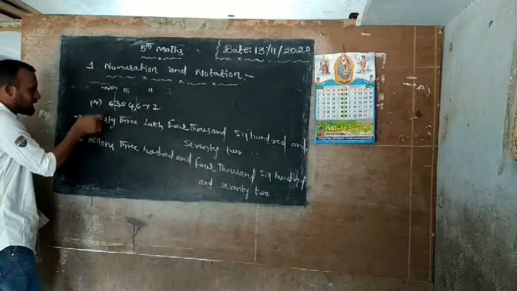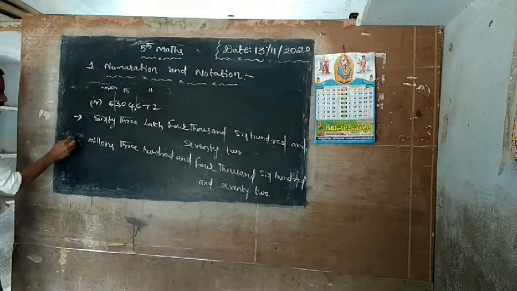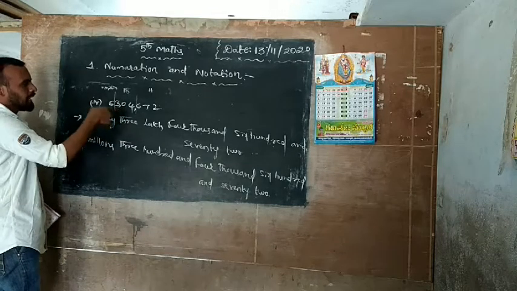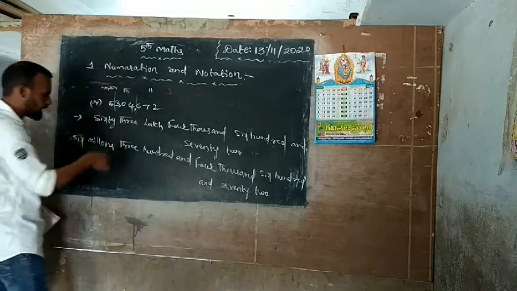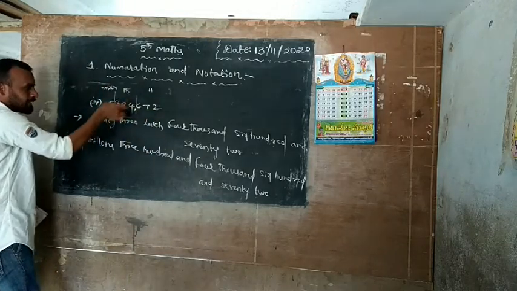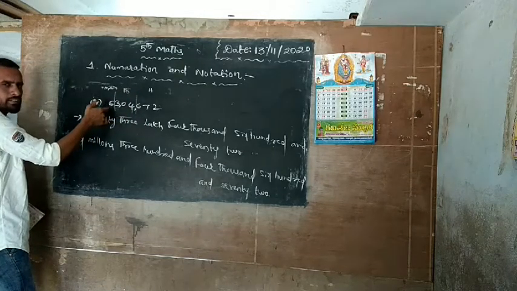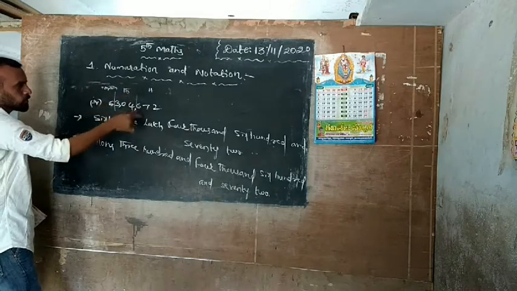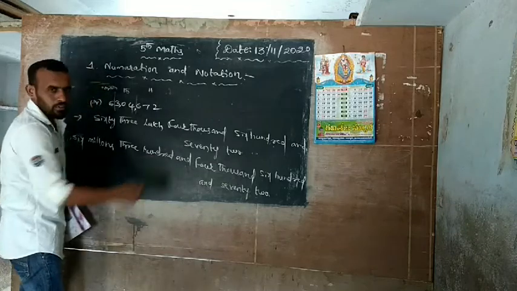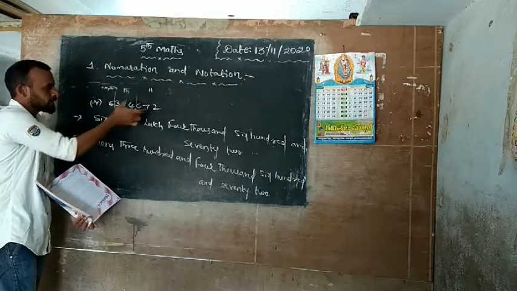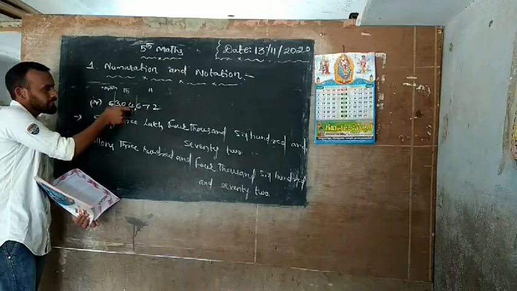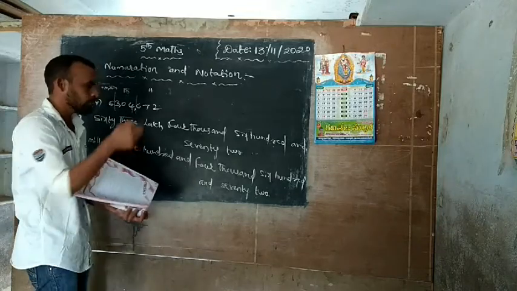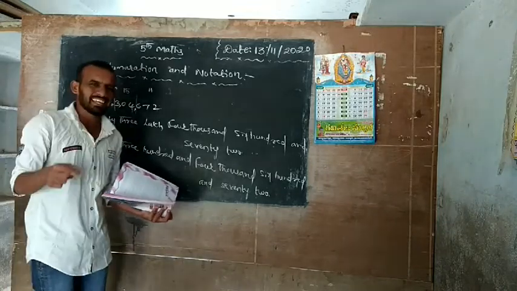Understood now? So this is the Indian system. 6 means you write 6, S-I-X. So this is the Indian system, 63,04,672. Now you write the international system: you take the 300s, and these 3 places thousands, remaining this 7th place, you take millions place. Okay, that's why 6,304,672. Understood now? So these are given 7 digits. You take the large digit as million, remaining 3 digits thousand, remaining 3 digits hundred place. This is the international place value system. You already learned this system in an earlier class, 4th class.